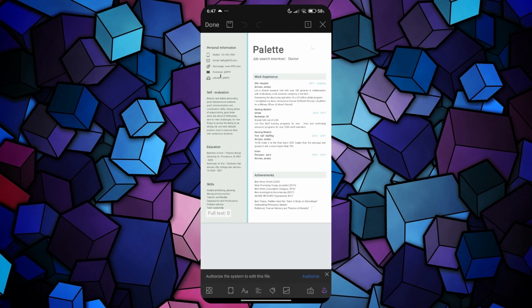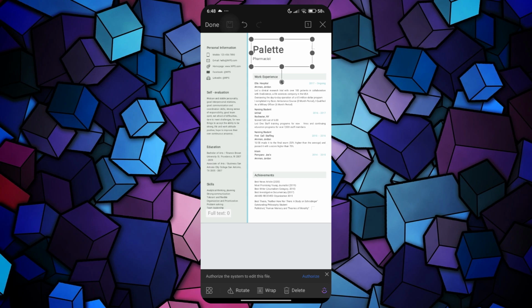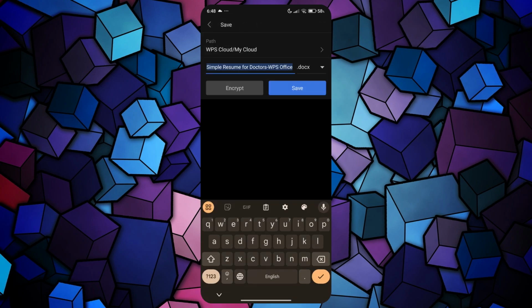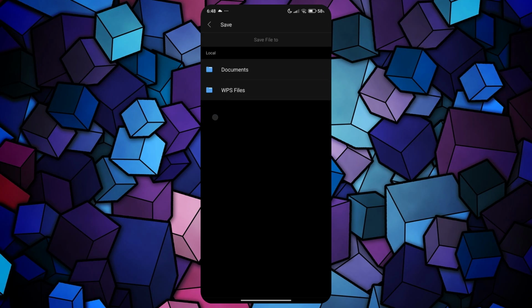I will then edit the template and tap on the Save icon at top left corner. Now, under the path, it is set to WPS Cloud by default. You can change the location by tapping on the arrow and then selecting your local storage by tapping on the